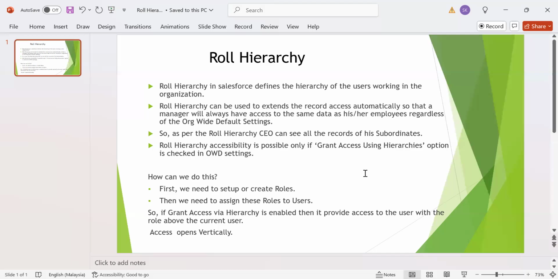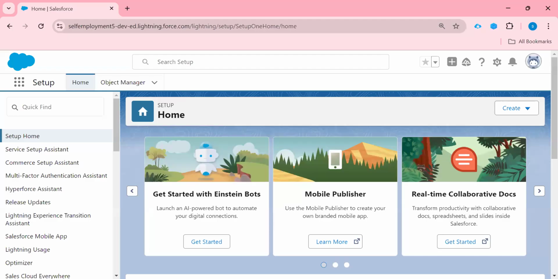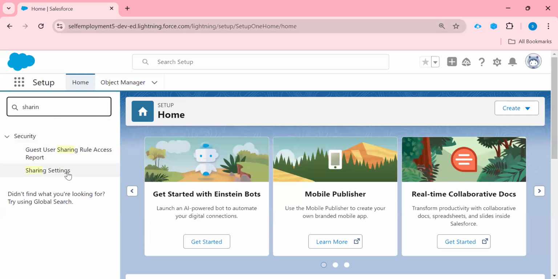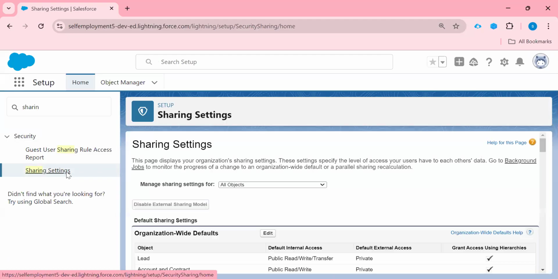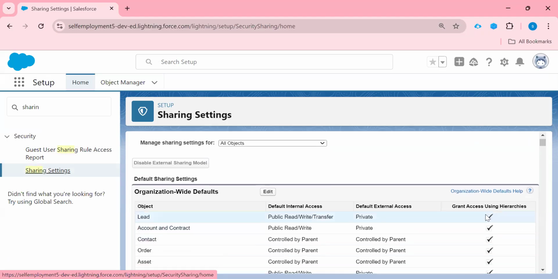Let's see how we can do this practically. So come to our org. Let me show you the option first. In the quick find box, type sharing settings and click on sharing settings. Here the organization-wide defaults OWD setting is available, and this is the option grant access using hierarchies, right?